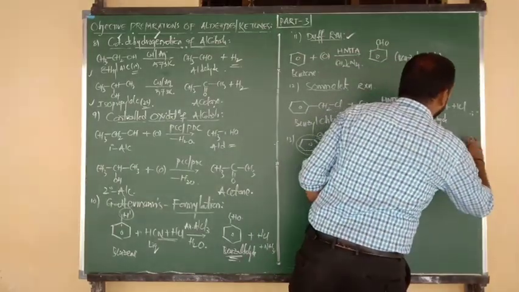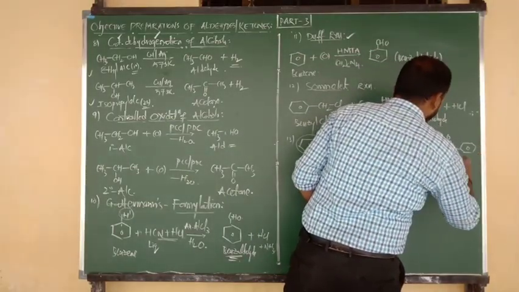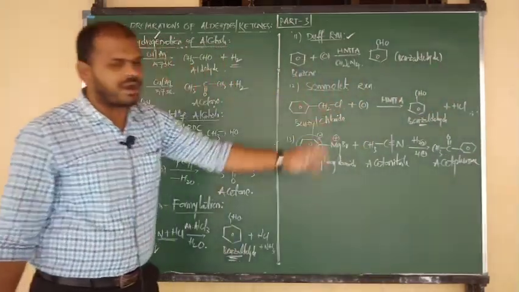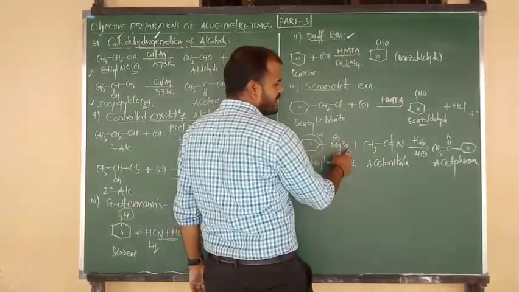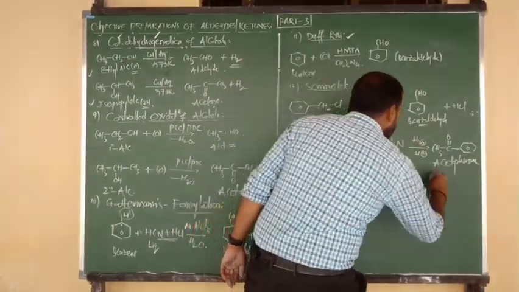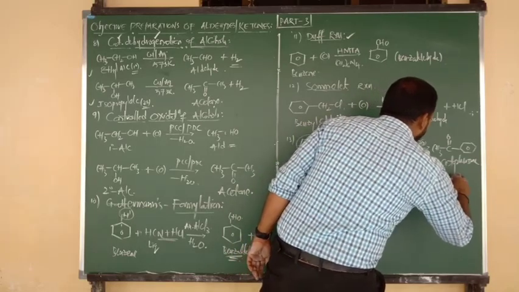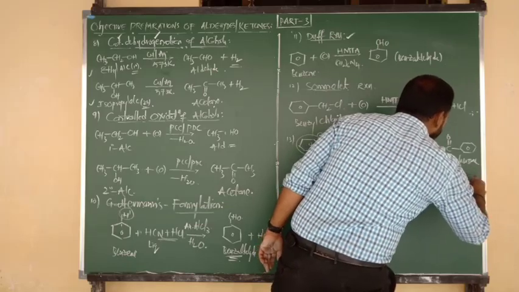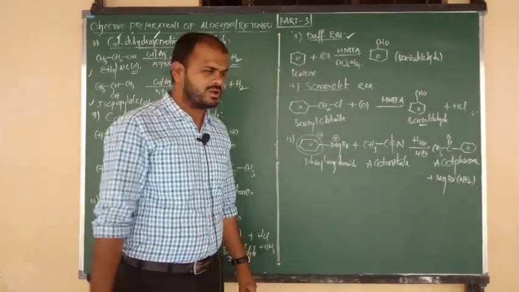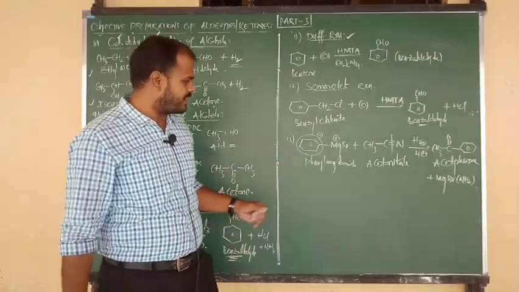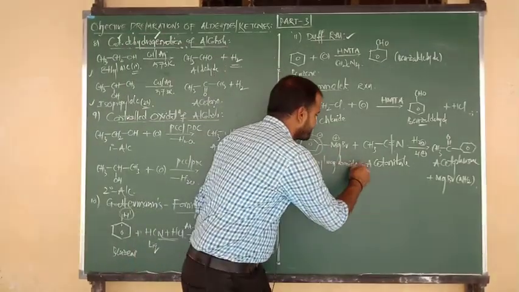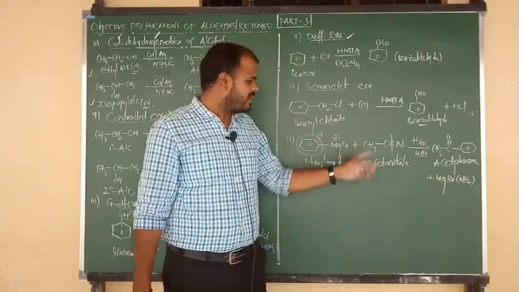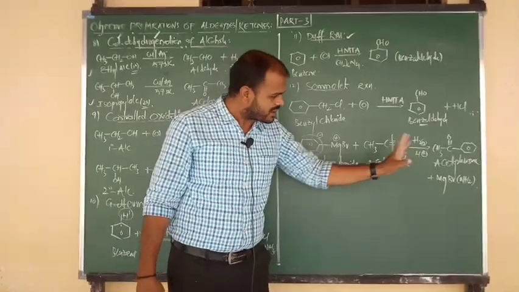So we write the benzene ring, and the product name, you know very well, is called acetophenone. Benzene bonded to C double bond O CH3. And the byproduct is MgBr with the remaining one nitrogen and two hydrogen. So the byproduct is nothing but MgBrNH2, amino magnesium bromide, that is your final byproduct. But what is the main product? Acetophenone. So phenyl magnesium bromide upon reaction with acetonitrile, followed by hydrolysis, gives acetophenone. CH3CN, that is acetonitrile, the product is acetophenone.